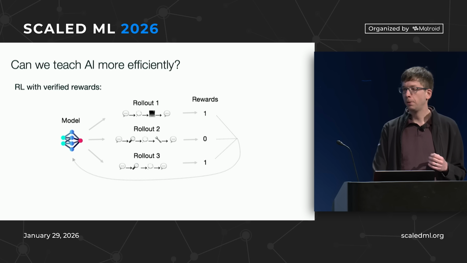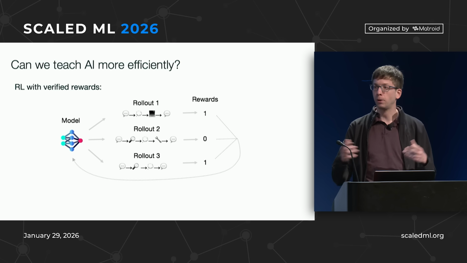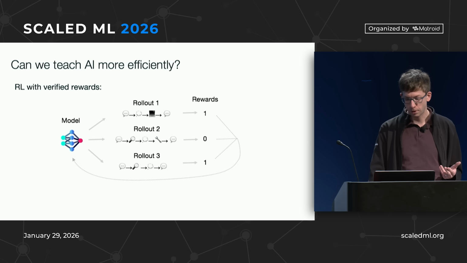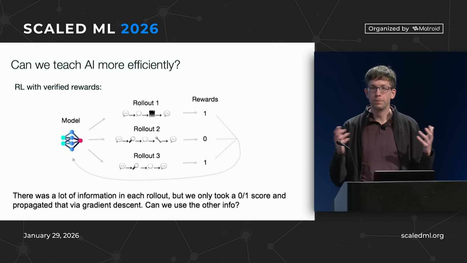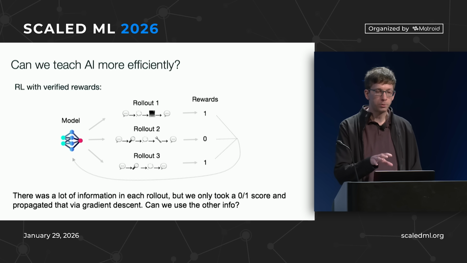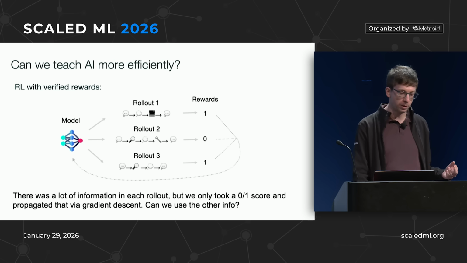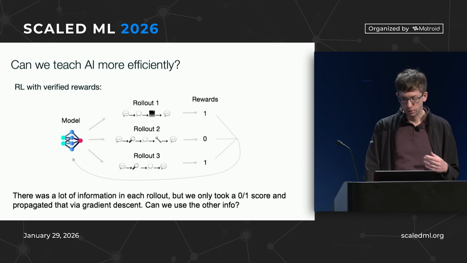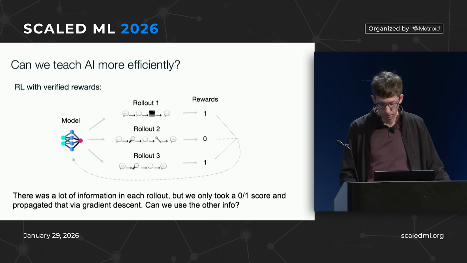So one of the things that's awkward here is that if you look at these rollouts, a lot of stuff happened. This thing browsed the web or used some tools, got an error message, all that kind of stuff. But we boil that down to the single 0 or 1. We don't really look at all the information in there. It's throwing away a lot of information. So that's one of the things we can use to gain more from each rollout if the rollouts are expensive. And the other thing that's kind of stupid here is that, as I said, the deltas we make to the model after each rollout are quite small, because we have to move the parameters only a little bit, because that's how gradient descent works basically with these models.